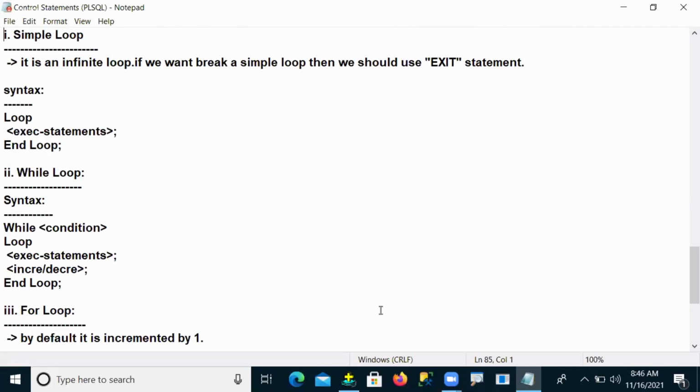So tomorrow we are entering into the main topics, and these 2 documents, the introduction of PL/SQL as well as this control statement document, I'm sharing with you. So once check out all these syntaxes. Okay, now right. Thank you so much.